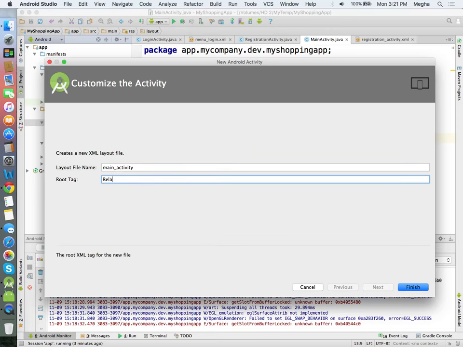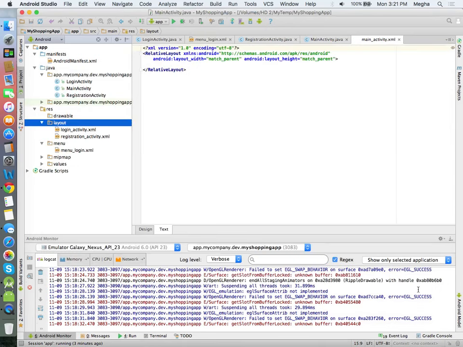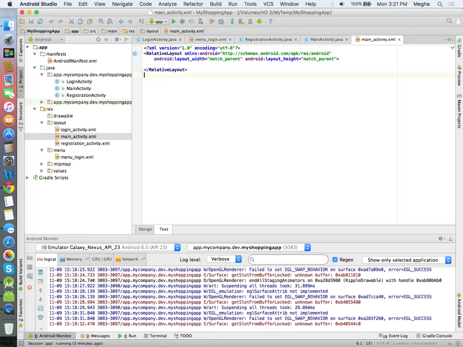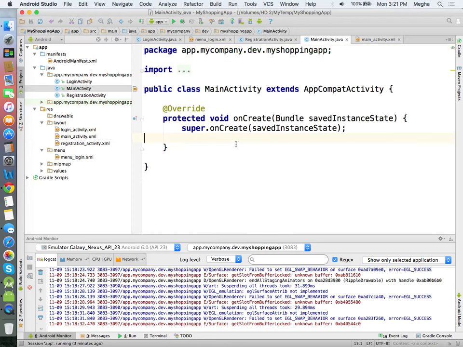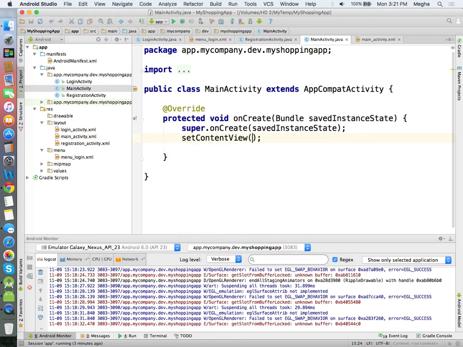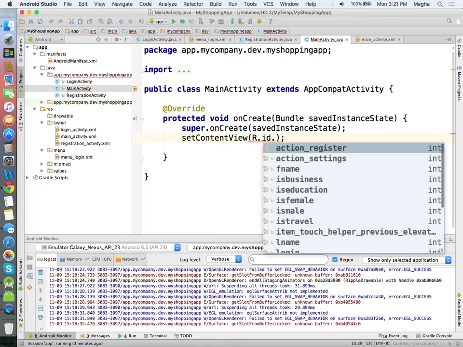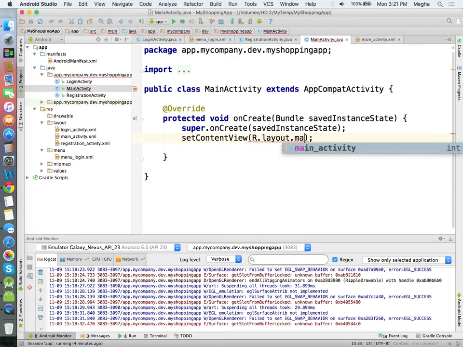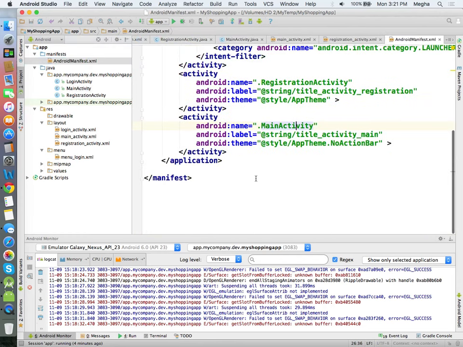Okay, so the main activity is created, setContentView R.layout.main. So the third activity has been created. Verify the manifest because it is adding some extra stuff, because we don't want the no-action-bar theme to appear, we want it with the action bar.